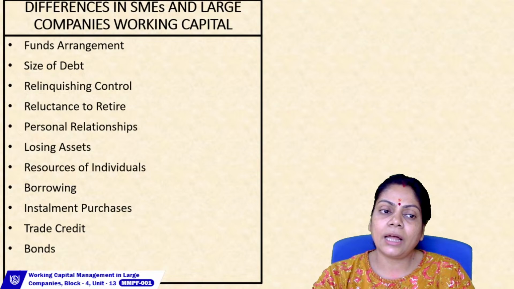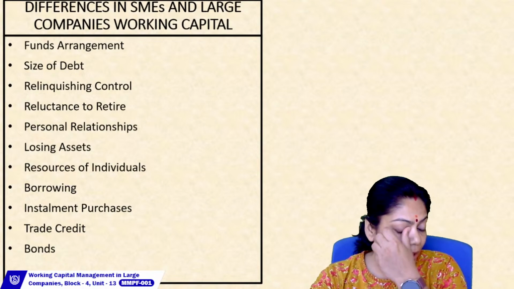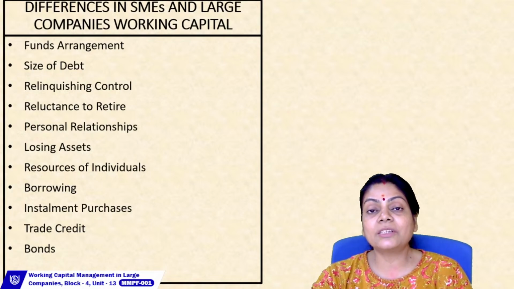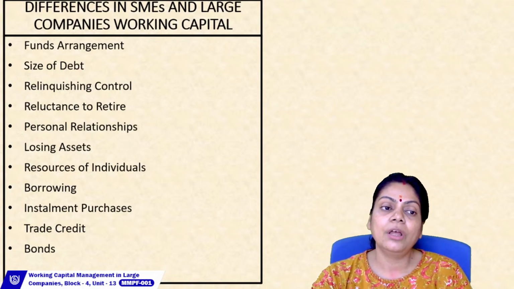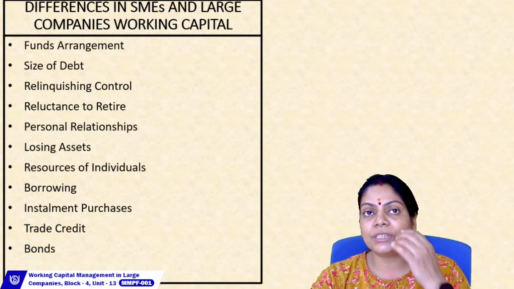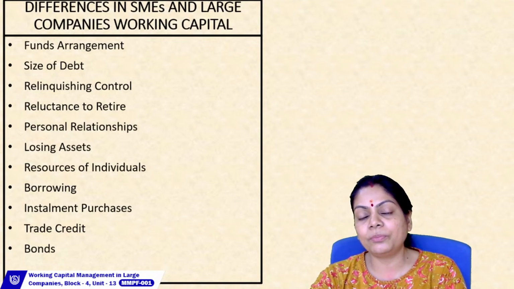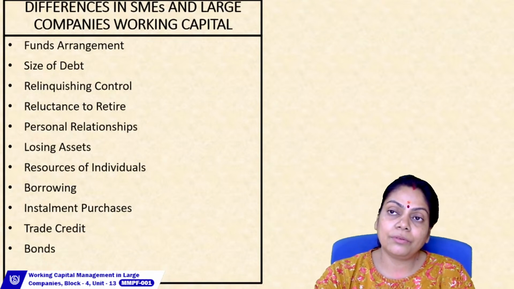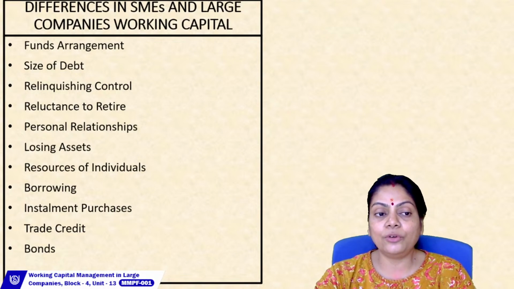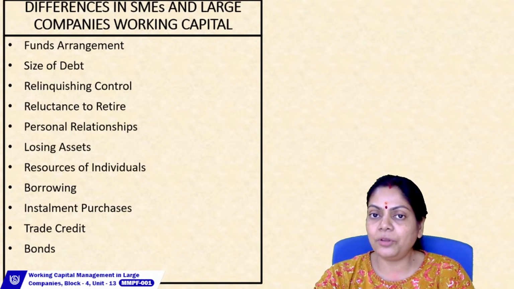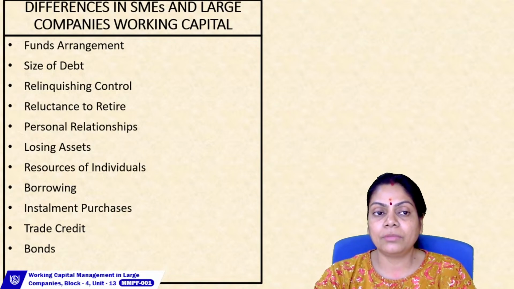Okay, now it has been seen that in the small companies, the managers or the owners are reluctant to retire, because their skills are what has made the SME successful, and there is a tendency to believe that if the skills are absent, probably the business will collapse. But in case of a large corporation, various people's skills are at use, so the retirement of one key employee does not hamper the performance of the entire company as a whole.